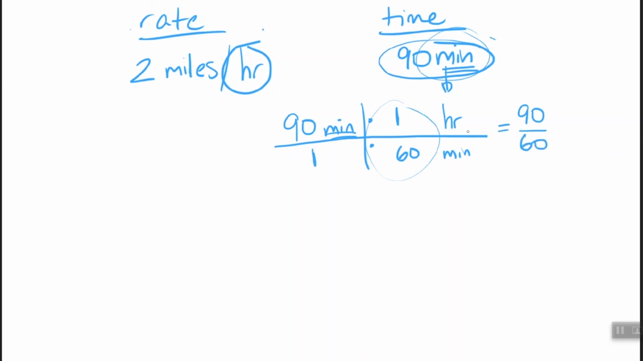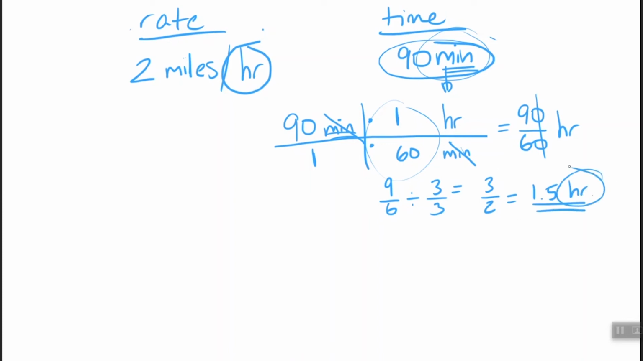The cool thing about this table is that you can see the minutes canceling out, and that kind of gives you some reassurance that you're converting correctly. And so that leaves us with just hours. So 90 over 60, let's reduce that, get rid of the zeros at the end. 9 over 6, if we divide by 3, 3 over 3, that's going to give us 3 over 2, which is 1.5. So that's 1.5 hours. Now that we have the hours matching, we can go ahead and